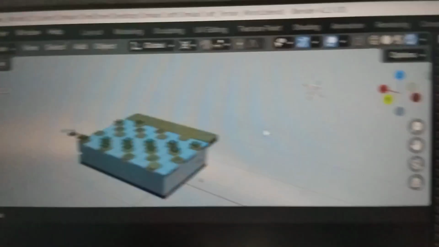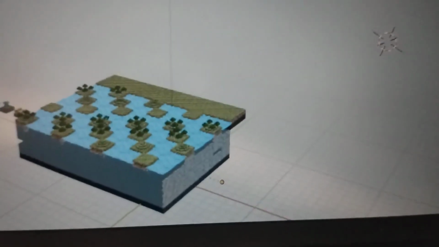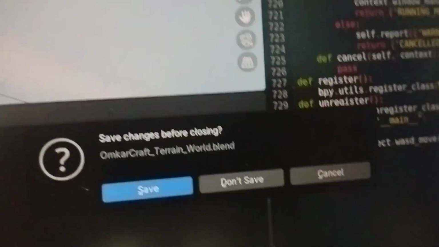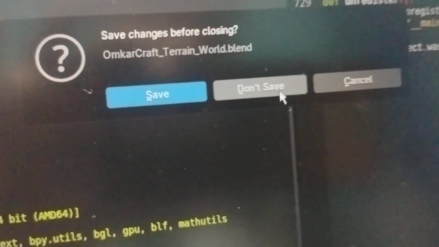We'll just do don't save. So this was how you can use the seed mechanism to your advantage to get completely customizable worlds however you want them. So see,